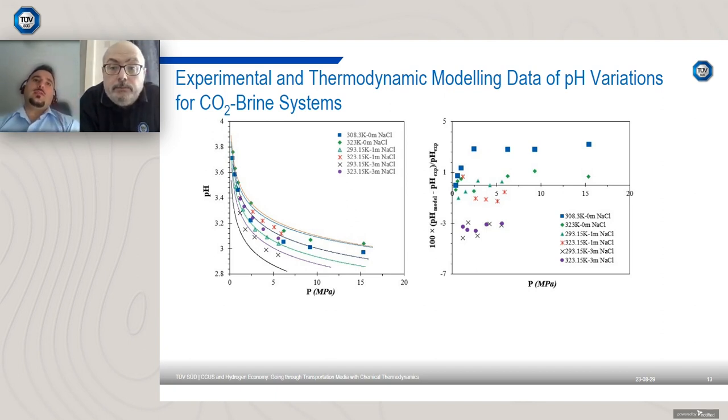So for doing that, I think firstly we need to understand the composition of the host reservoir fluid. If it is a deep saline aquifer, then the ionic strength and the type of ions in the aqueous phase are very important for us and key to doing an initial assessment of whether this geological storage site or deep saline aquifer would be the best and most appropriate storage site as a long-term plan, depending on the solubility and dissolution of the CO2-rich system into the aqueous phase based on the ion types and the ionic strength of the aqueous phase. So that's why, for selecting the most appropriate geological storage site for long-term CO2 geological storage, or let's say permanent storage of CO2,